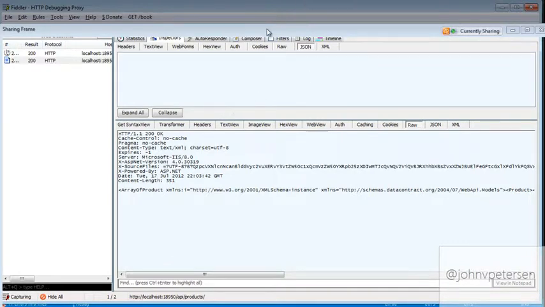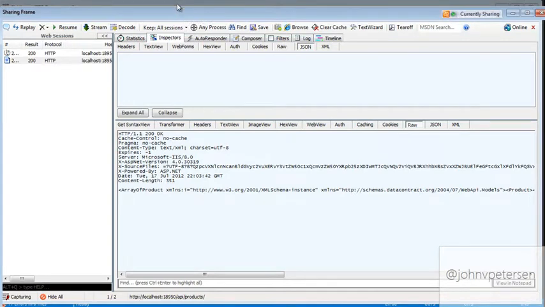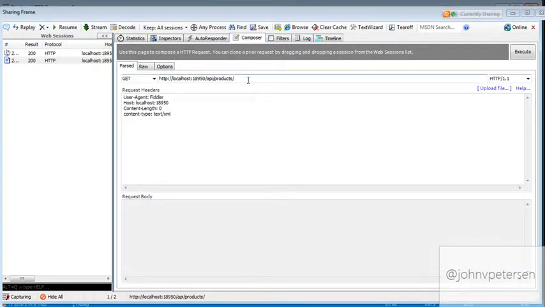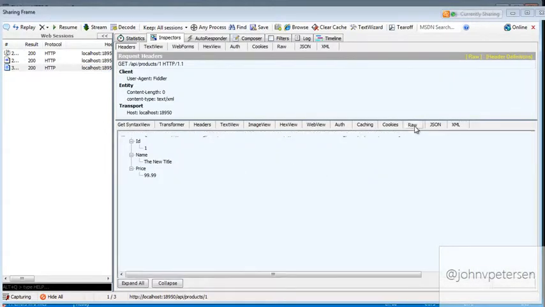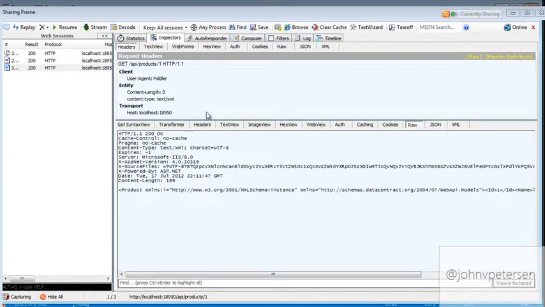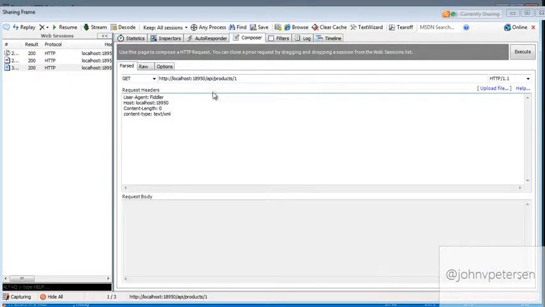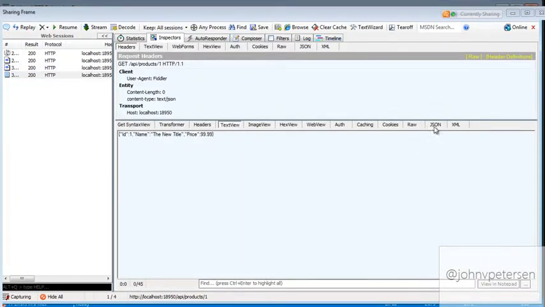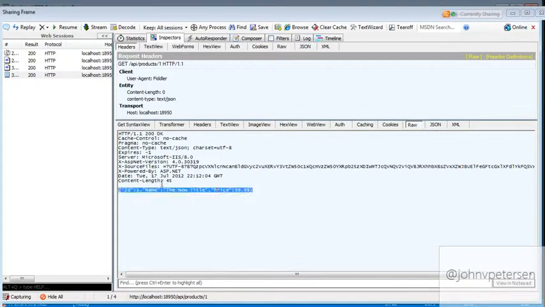So here we are, back in Fiddler. Let me just run this up. Okay, I'm going to go to Composer. I'm going to go ahead and grab product 1 here. I'll grab that raw string, which is actually in XML, which I don't want. So let me set that; I can remove the content, or I can be explicit and just say text JSON. Go ahead and execute that again. Here we go, here's the raw. I'm going to copy that.